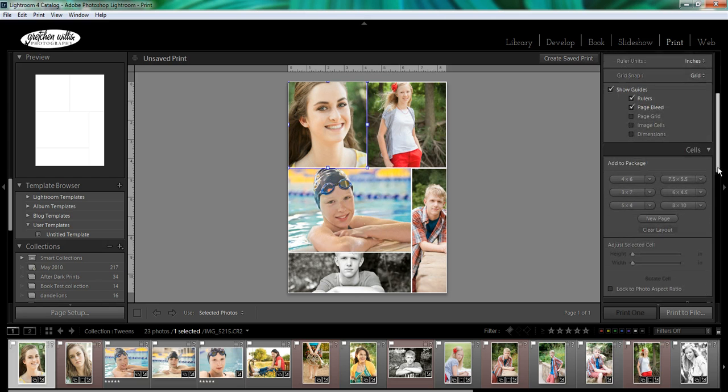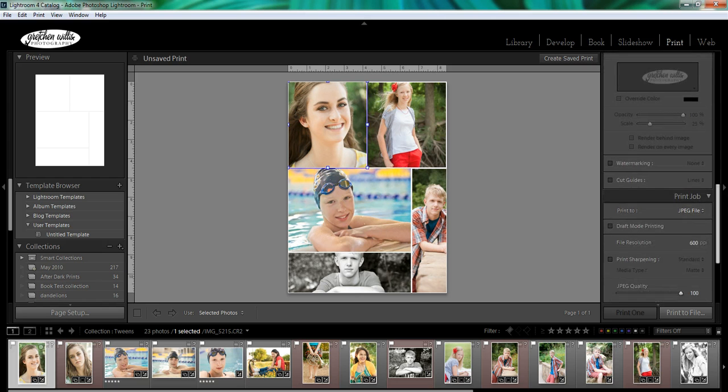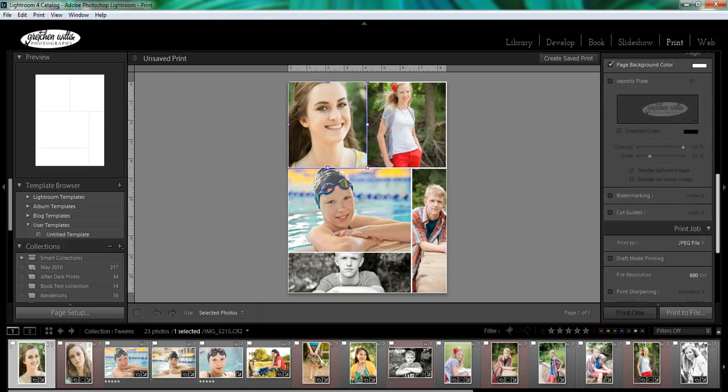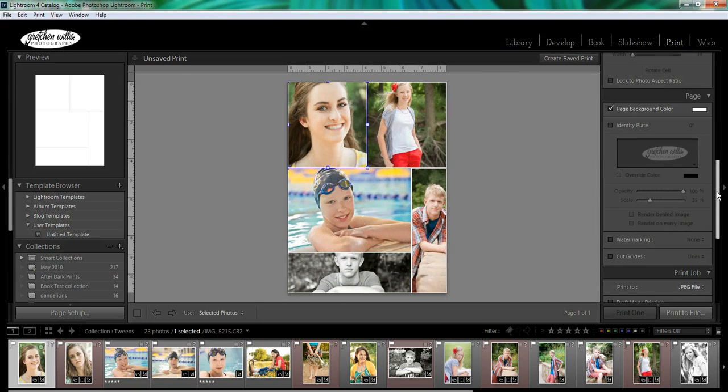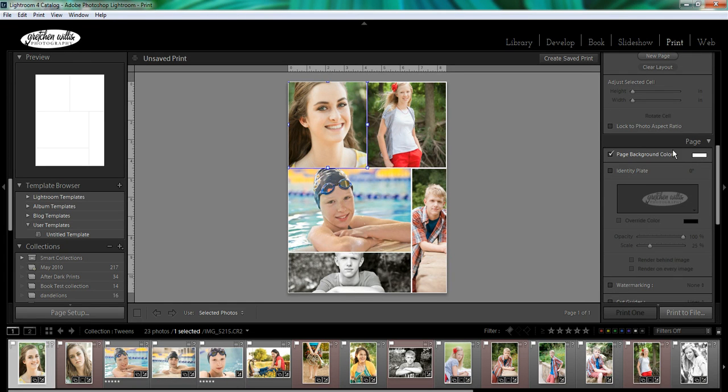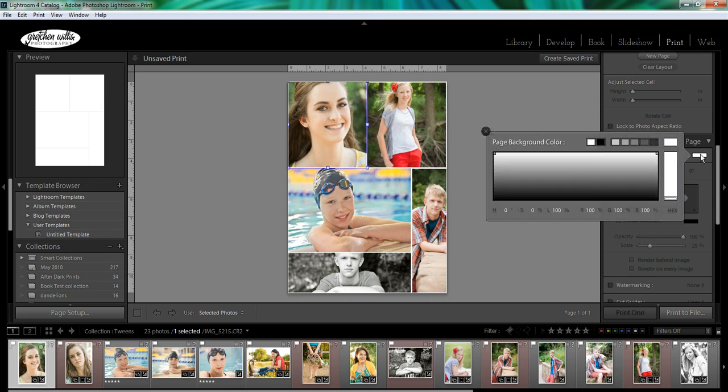Also your background can be changed from white. It doesn't have to be white. It can be black. Oopsie. The page background color right here is selected as white, but you could change it to be any color you want. This only looks like black and white, but really what you can do is click and hold and then drag it into